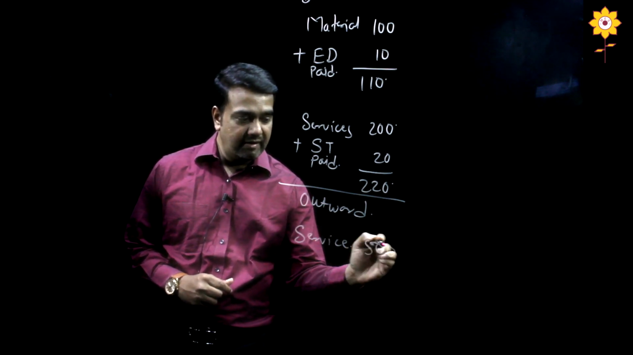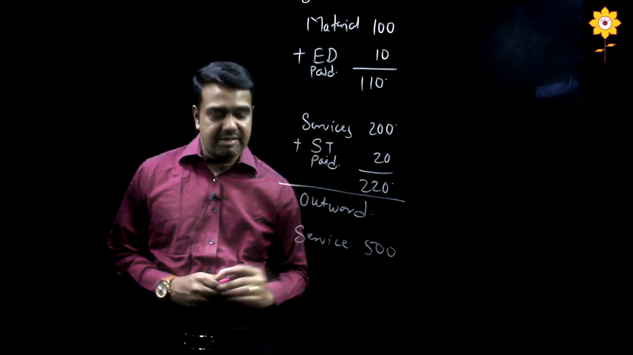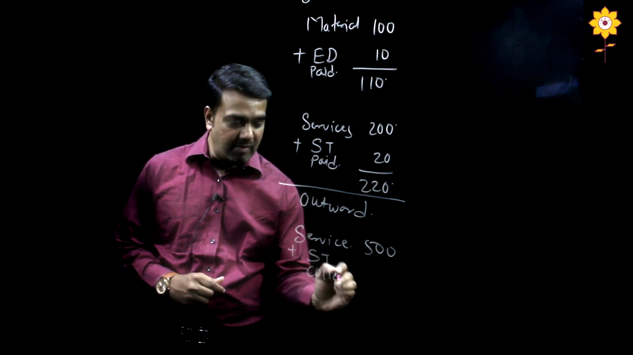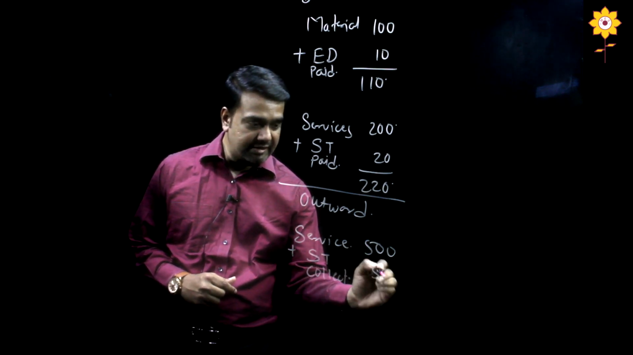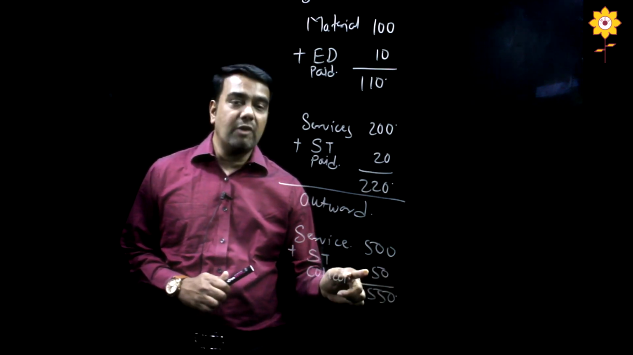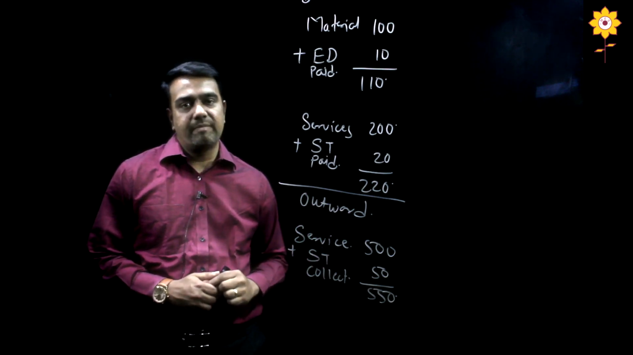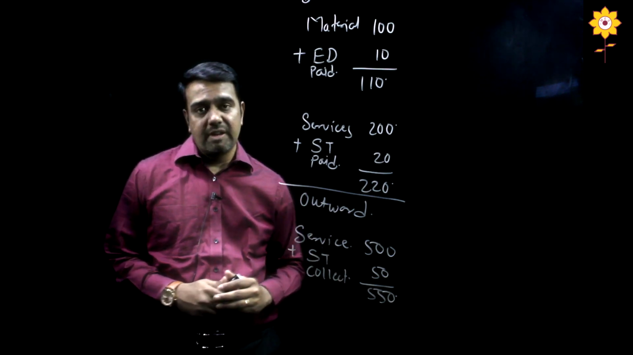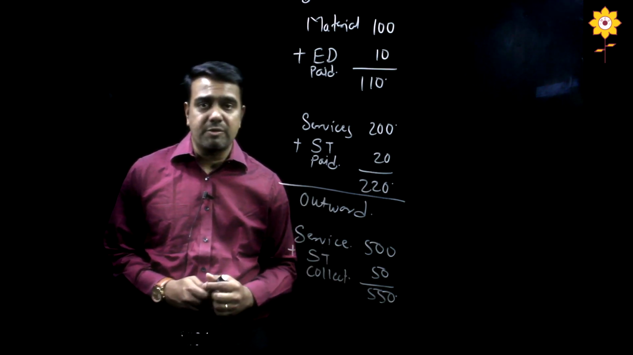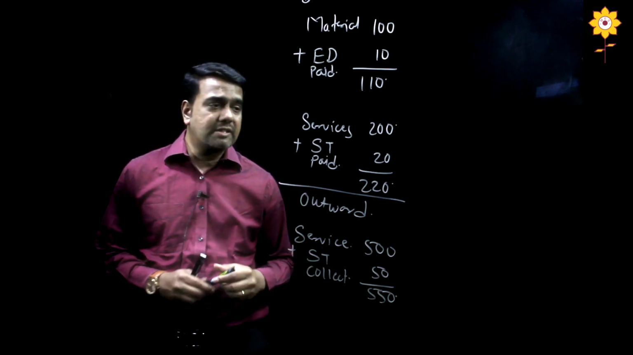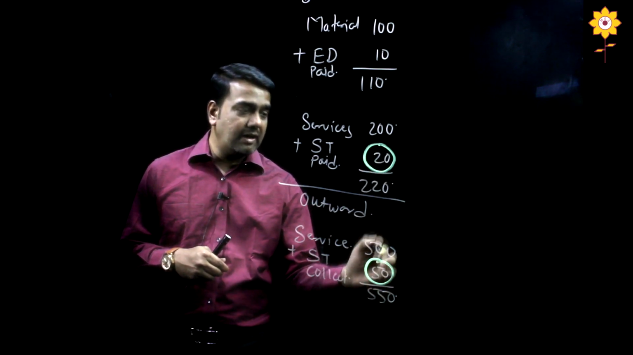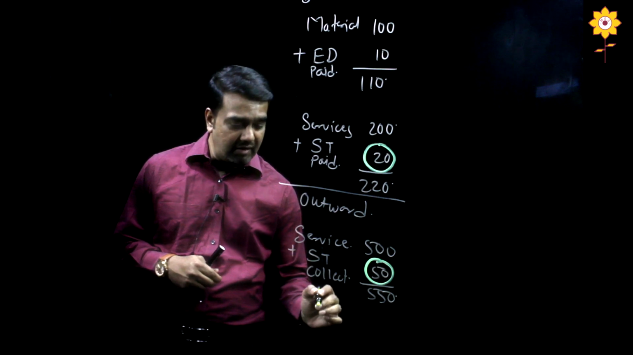Let's say 500. Then I will charge some service tax, which I am going to collect from my customer. So let's say 50, making 550. Now this 50 rupees that I have collected from my customer, I am not the owner of. I have to pay this 50 rupees to the government. But before paying it, I have a setoff available of this 20 rupees. So from 50, I will deduct 20 and I will pay